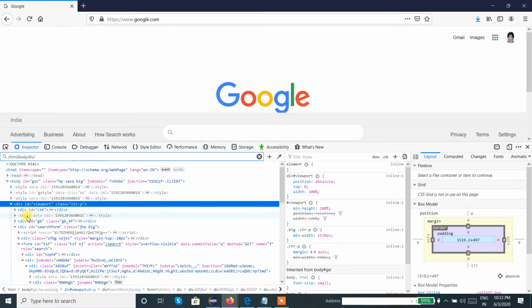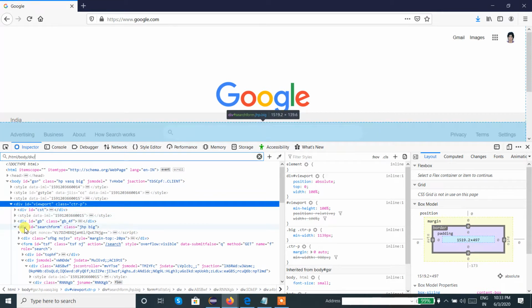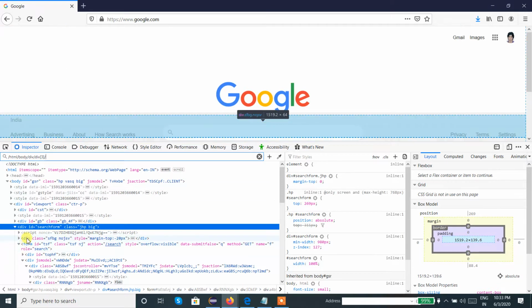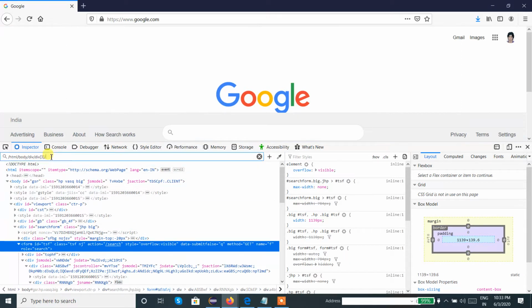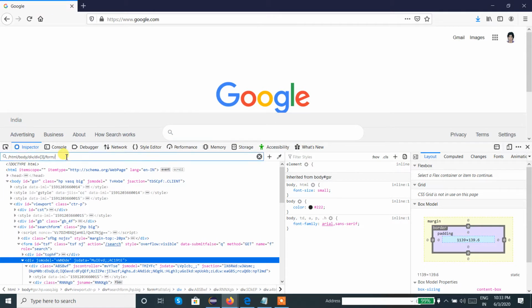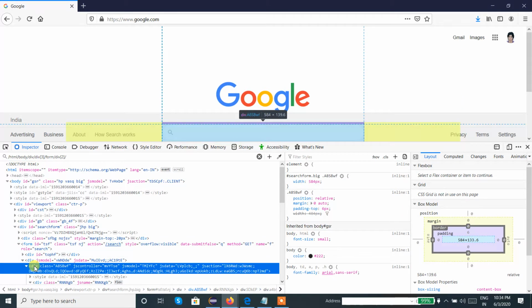Fine, from this div we can see 3 divs. We need to enter into the third div. So div 3. Fine. After entering into the third div we have a form. So this is a form tag. We need to enter into this form tag. Then inside the form again we have 2 divs. I need to enter into the second div. So div 2. Then again after entering into the second div we need to enter into the first div.